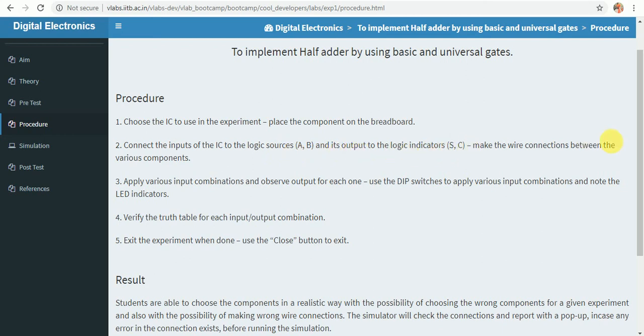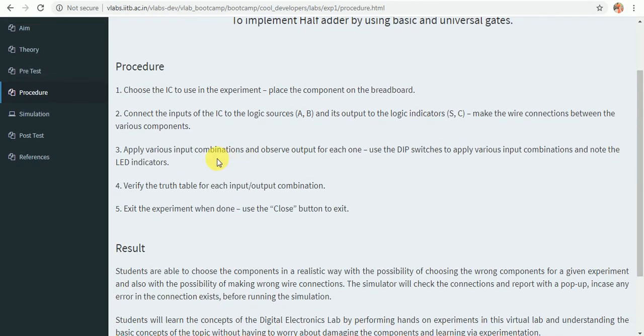Make the wire connections between the various components. Apply various input combinations and observe the output for each one. Use the DIP switches to apply various input combinations and note the LED indicators. Verify the truth table for each input or output combination. Fifth step, exit the experiment when done. Use the close button to exit.